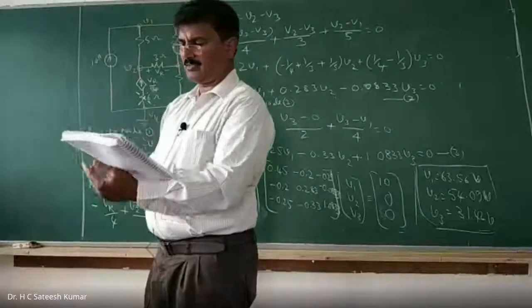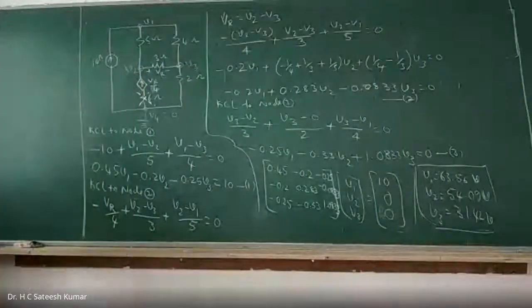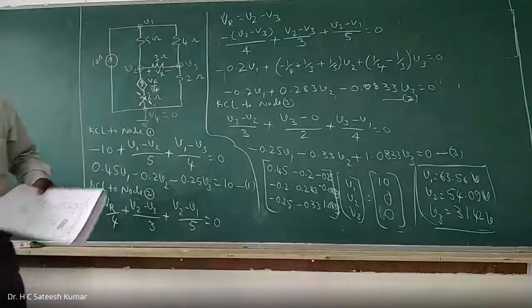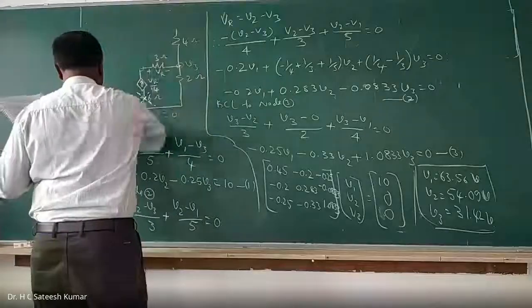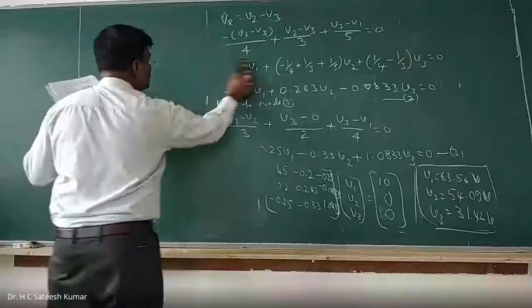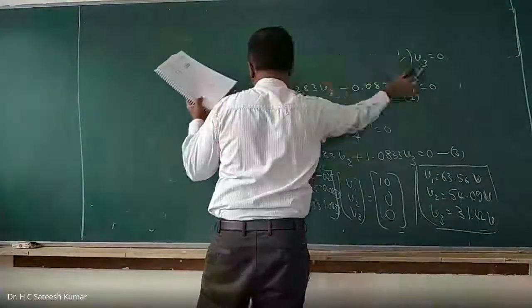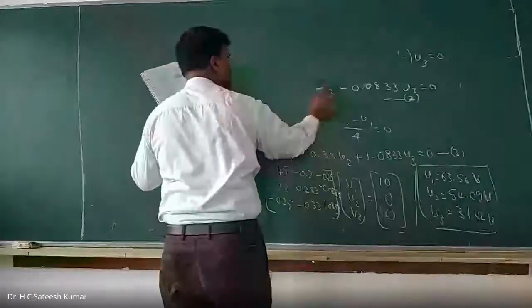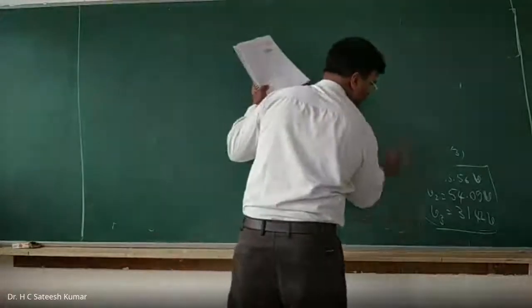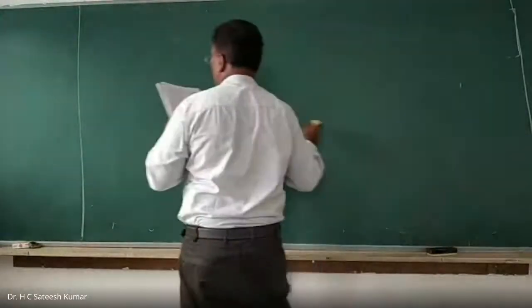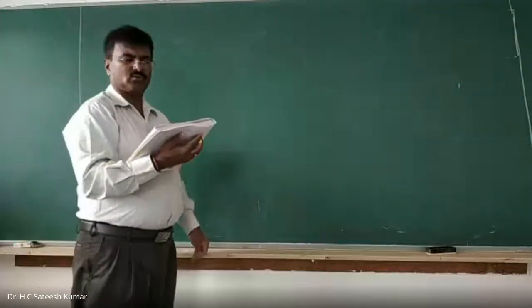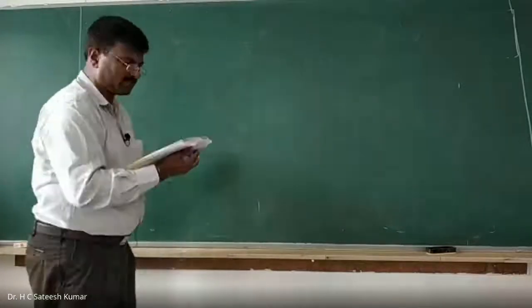Now we shall take up similar kind of one more problem. I'll take it. It's a practice problem. Okay. So how to do this kind of problems? Go for one more problem, similar kind, and this is based on dependent sources. Find the current through 4 ohm resistor using node analysis. The question is something like this.